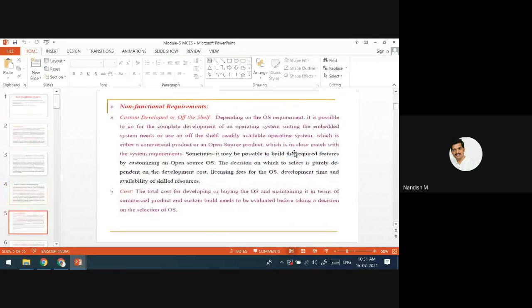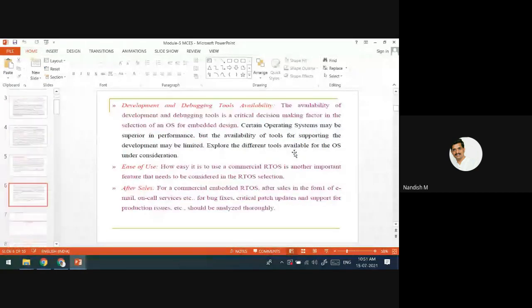And from the non-functional perspective, any custom things we can do means you select an open source operating system and make the necessary changes required for our embedded system. Can we do that? And what is the cost of the operating system? Because the cost of the operating system will have an impact on the cost of the embedded system.